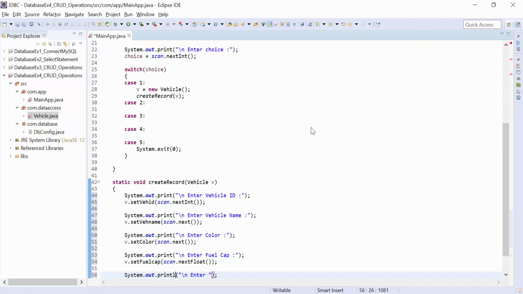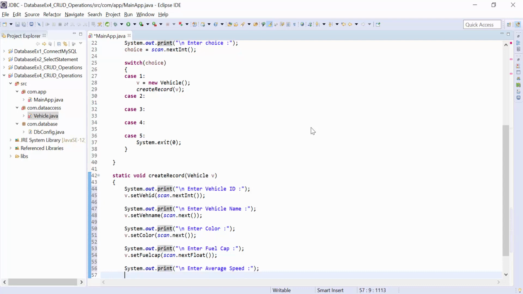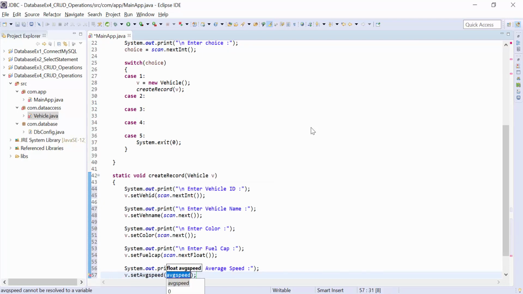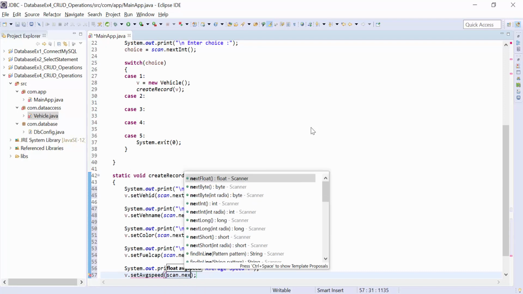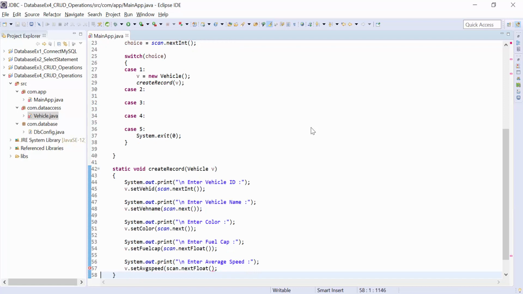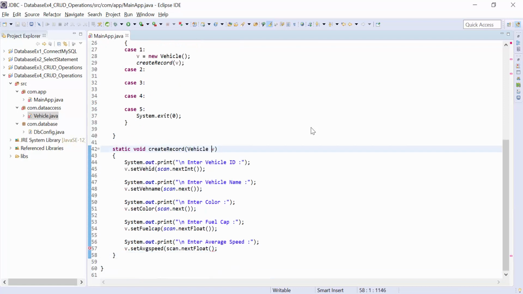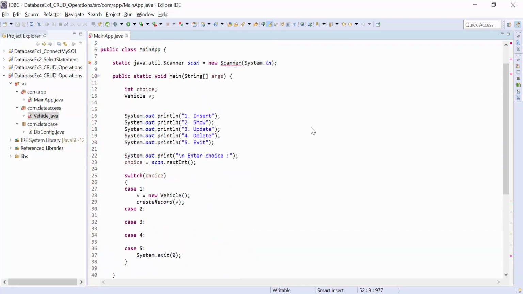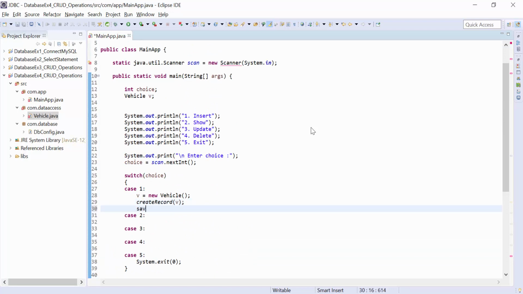Enter average speed. Okay, so the object is done with the records. Now that I want to save, how to save? To save this record we call a function called save record.